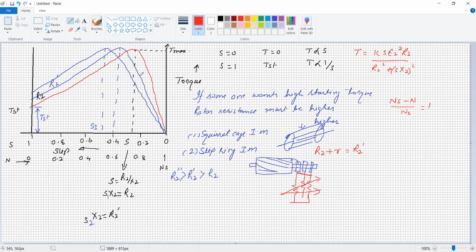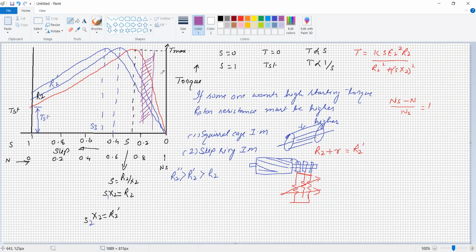Now our working region, the motor generally works in this region. We never come to the maximum torque condition, whereas this is our working region. So the slip is small, and as the load increases, the torque increases, and somewhere there is a maximum torque, no doubt. But we'll never reach a maximum torque under normal working condition. So the motor is going to work at a small value of the slip. This is called the torque slip characteristic of a three-phase induction motor.